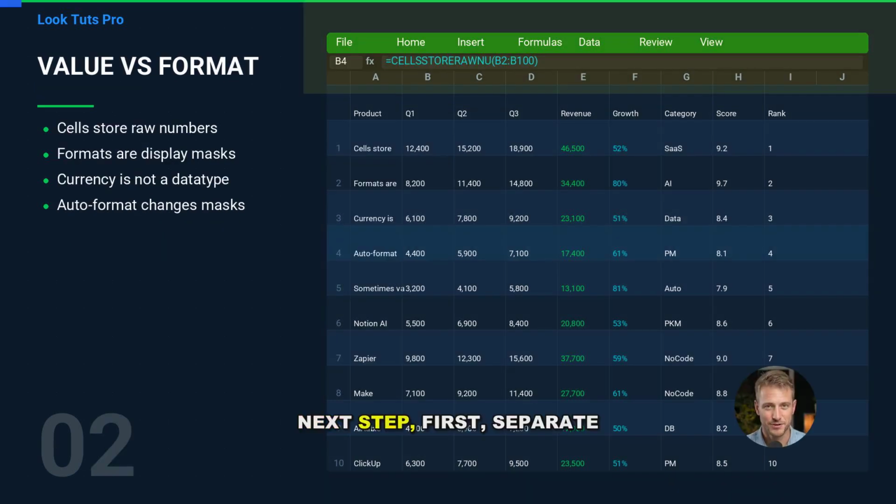Next step. First, separate two ideas that Excel mixes together. There's the underlying value, which is just a number stored in the cell. And there's the number format, which is the mask Excel uses to display it. Currency and accounting are both just formats, not different data types. That means Excel can show the same value as $1,234.50, or 1.234,50 euro, or even as